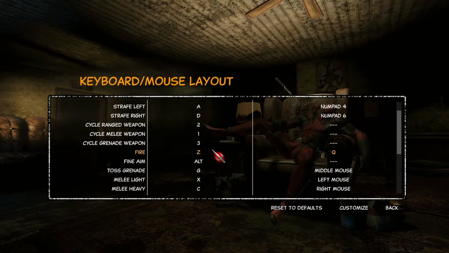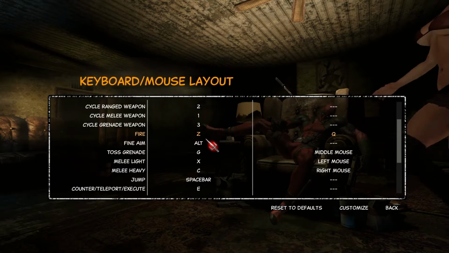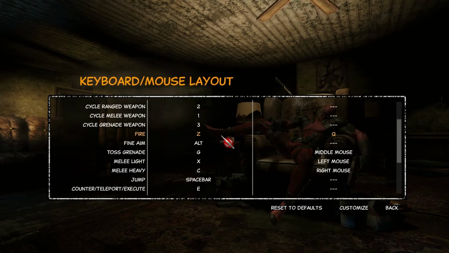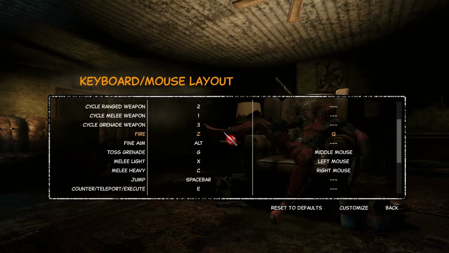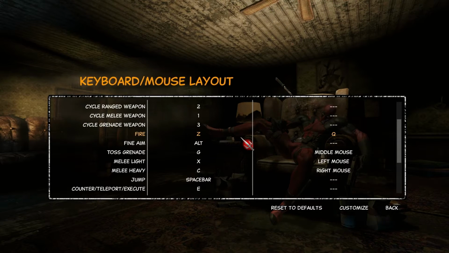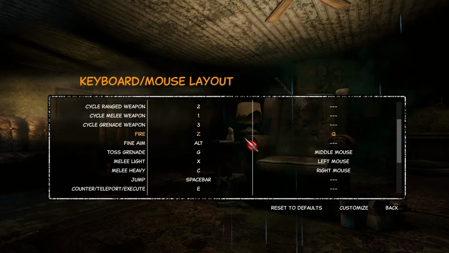Now this is kind of a big thing I've changed. By default, you hold right click and you aim, kind of like iron sights in a first person shooter, and you left click to shoot. Now, most games like this, God of War style hack and slash games that I've played on PC, use your left click to